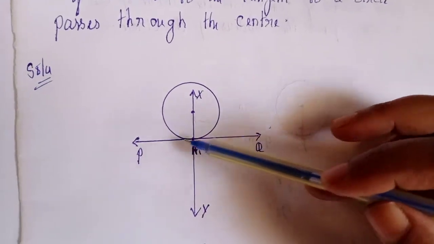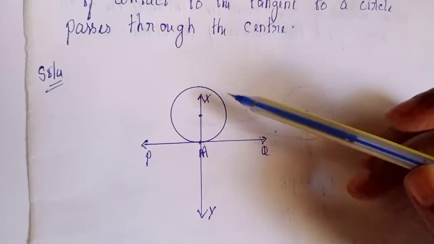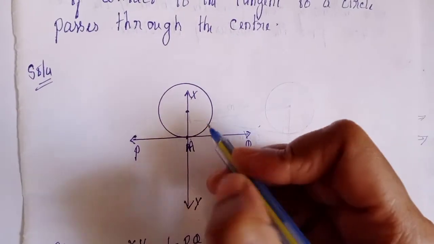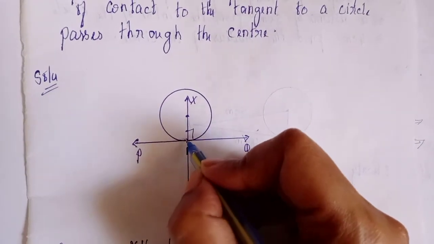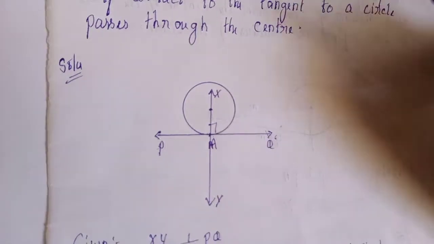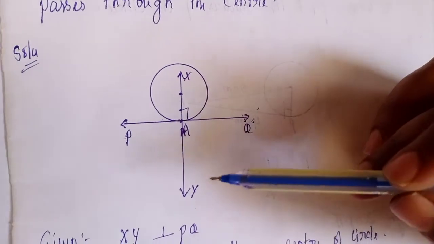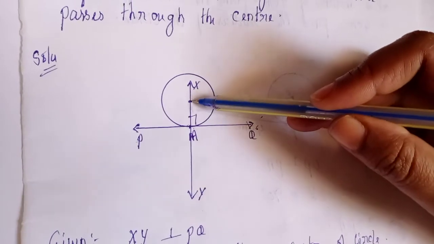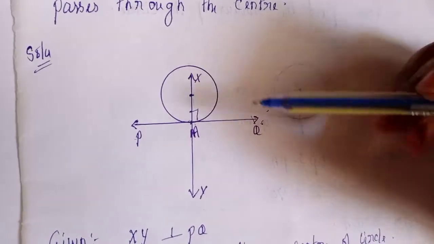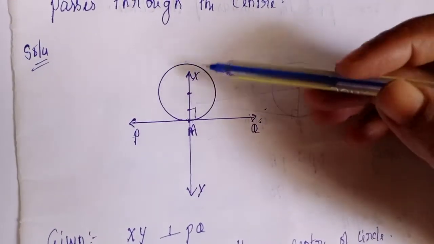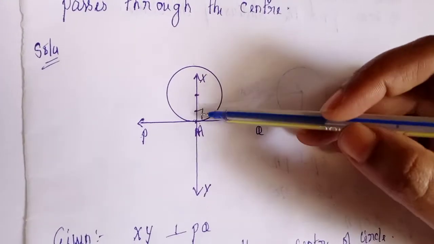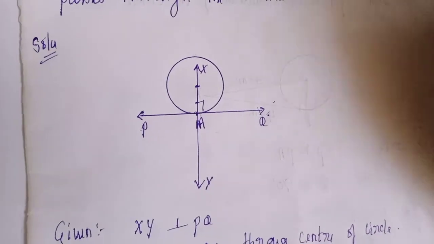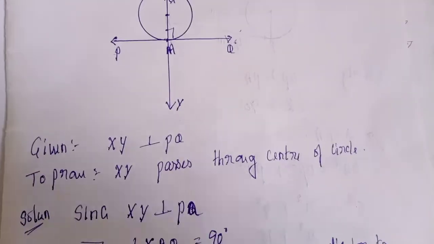Here PAQ is a tangent and XY I have drawn perpendicular. It is given that this line is perpendicular at the point of contact. Now understand what I have to prove. I have to prove that this perpendicular line passes through the center of the circle. By looking at this directly, you can say that O itself lies on this line, hence it is a radius, therefore it is perpendicular to PQ. But orally you cannot tell, so let us prove it.